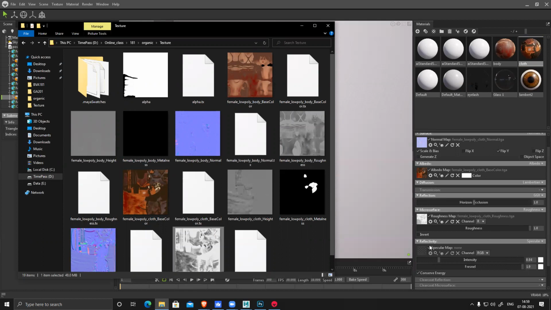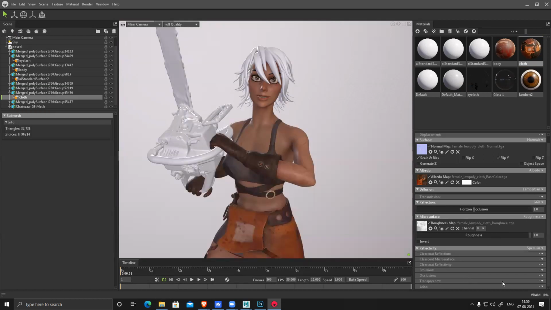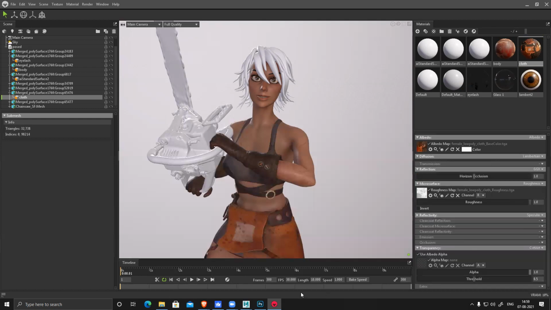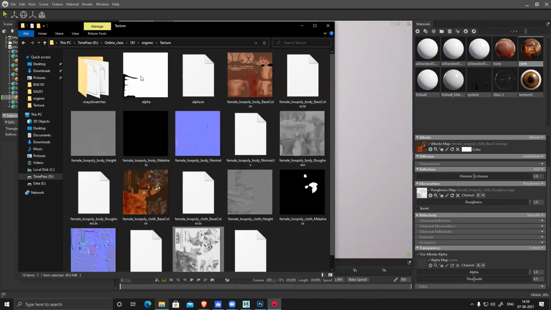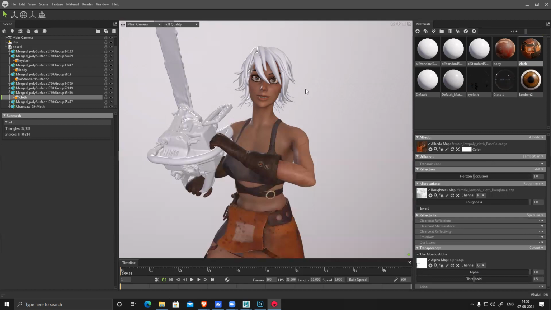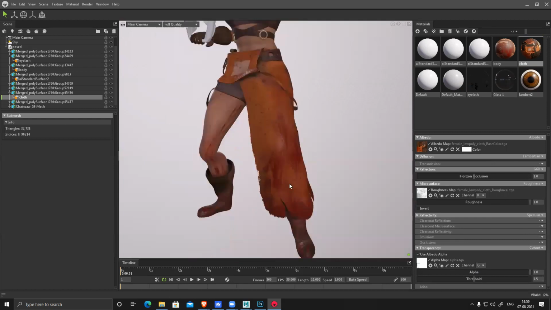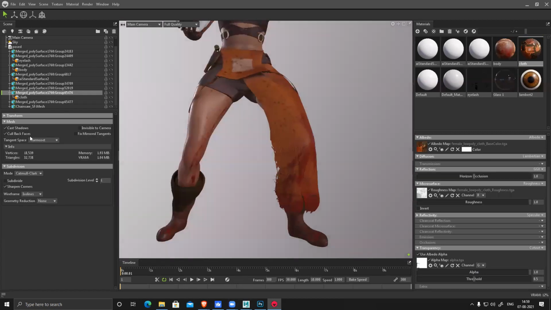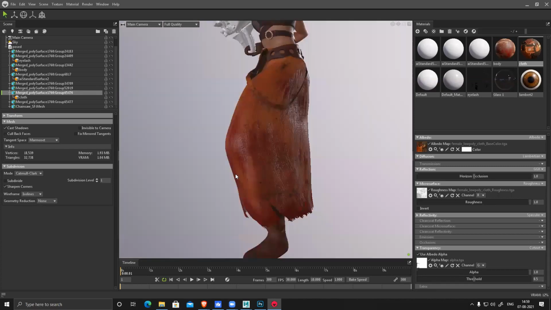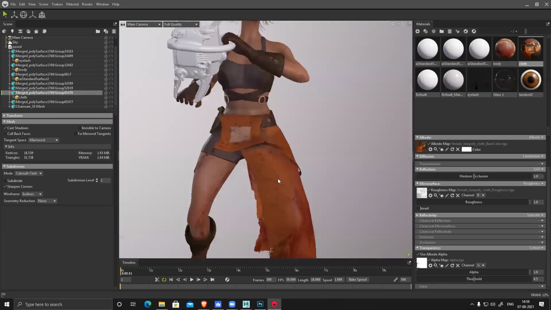Then transparency. Here I can use transparency very easily. See, it works perfectly. Only thing you have to make sure is this is visible from both the sides.